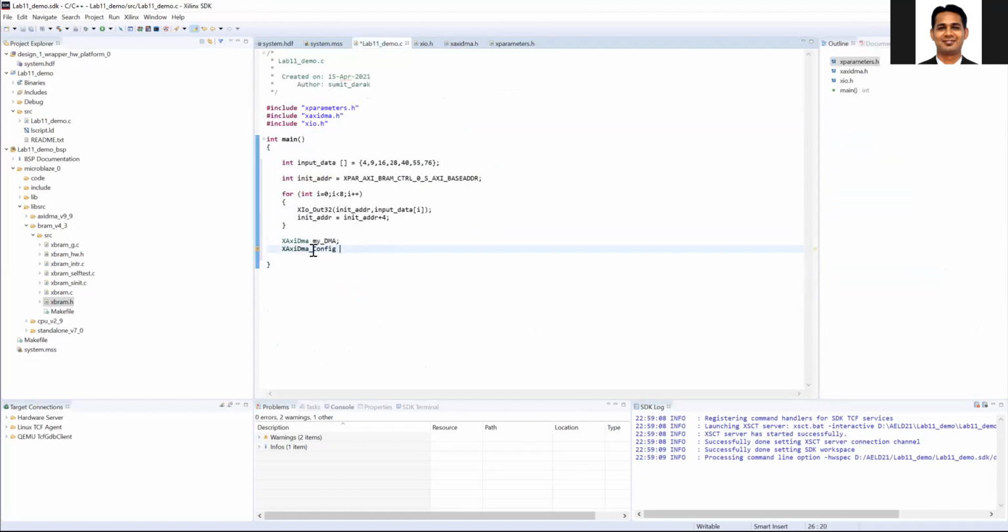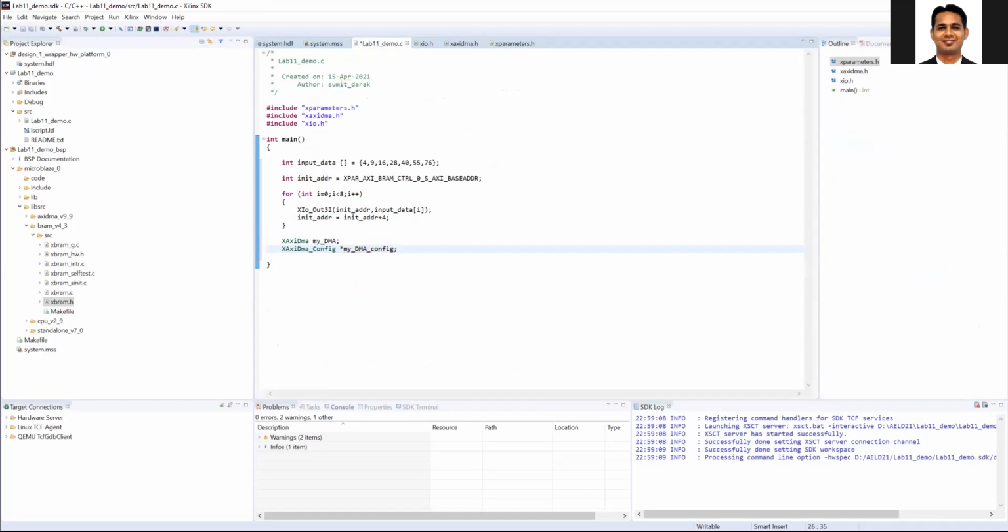Usually you will see that most of the functions need these as pointer types, so we'll use them as pointers. Again, this comes with practice and by looking at the .h file, but right now I'm giving all these details to you as they are. You can define it as a normal variable, but right now we'll define it as a pointer.